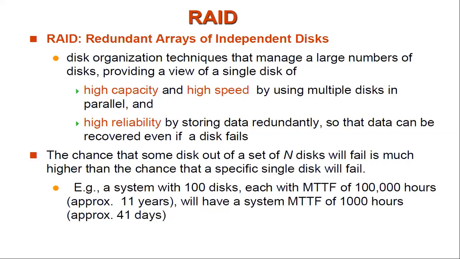Then high speed: how can you achieve high speed? High speed can be achieved by allowing multiple disks to work in parallel. You know what parallel means, simultaneous access, right? So you are going to allow all the disks to be accessed simultaneously, in parallel. There is another concept,